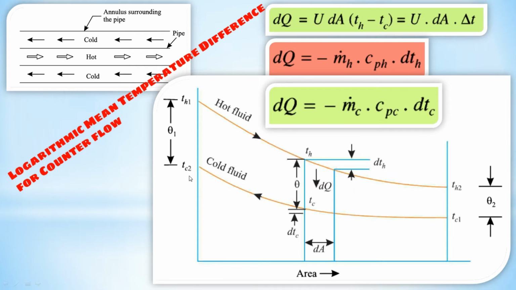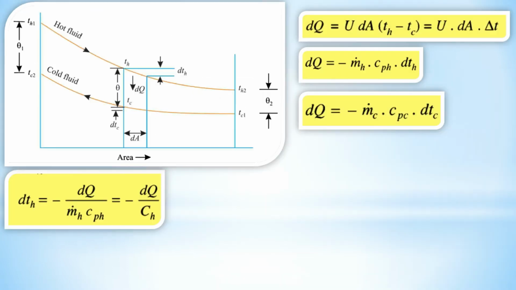it will receive the heat, but in the direction of the heat flow, the temperature of the cold fluid decreases. So we are considering negative sign, m dot c Cp into delta T, where m dot c means mass flow rate of cold fluid, specific heat for cold fluid, and temperature difference for cold fluid. This is the general equation of heat flow, m Cp delta T.